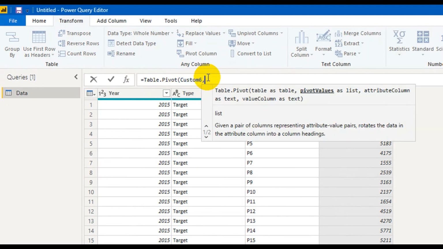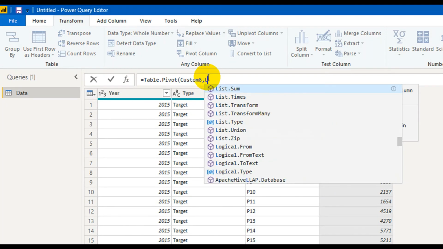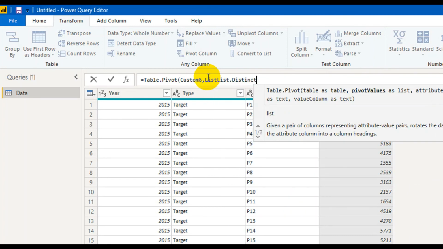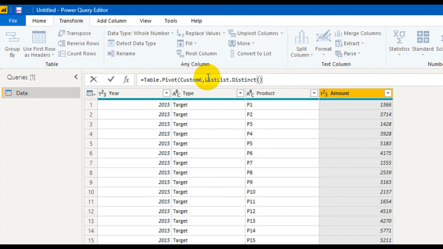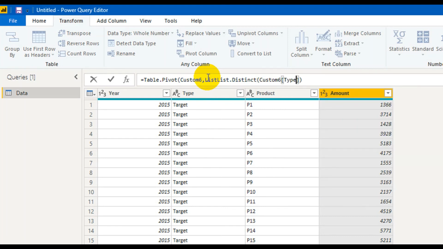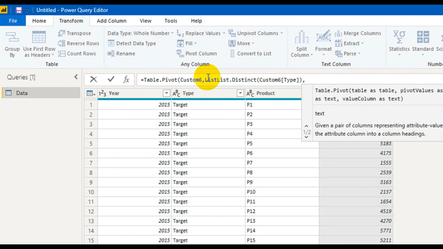Now pivot values as list, so I need to use a list function, List.Distinct, and then open bracket. I need to use that column which is basically used to create separate columns, but this step is from the previous step. So this type column is created in the previous step. So Custom6 and the name of the column is Type, comma.